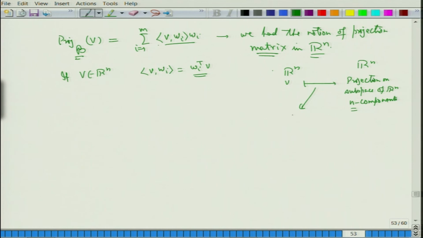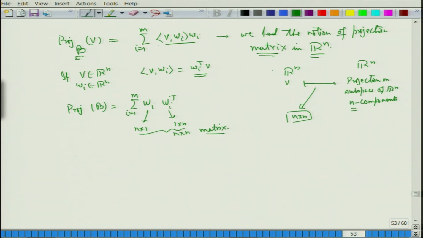So, this matrix that I need is an n cross n matrix, and Wi also has n components. So, I use this idea to look at the matrix A. I define the projection matrix on B as the summation, i going from 1 to m, of Wi Wi transpose. Now Wi is n cross 1, Wi transpose is 1 cross n. So, I do get back an n cross n matrix,